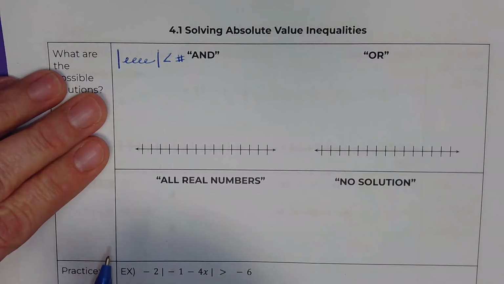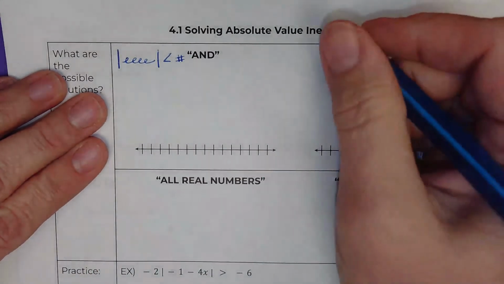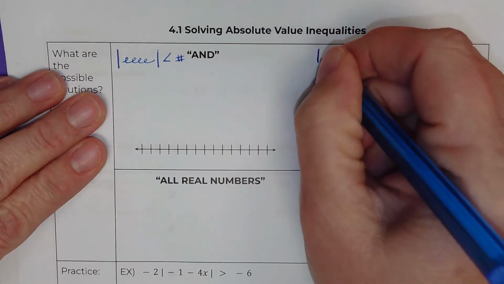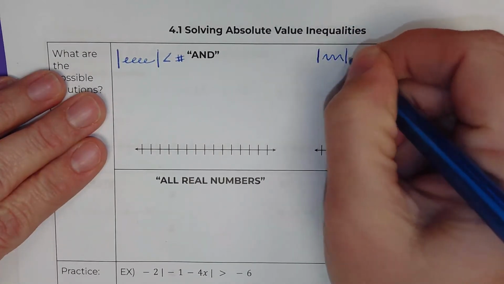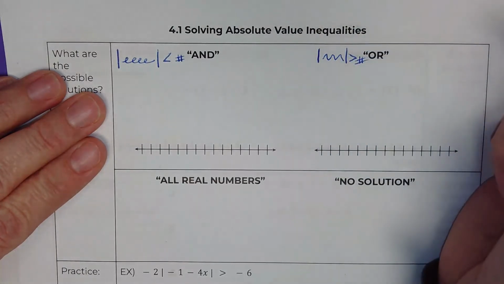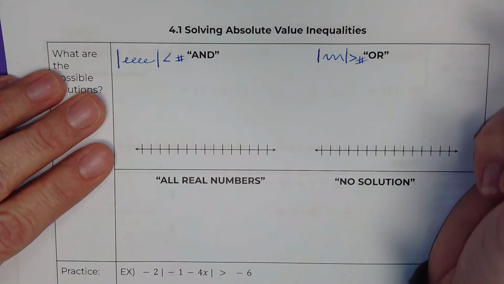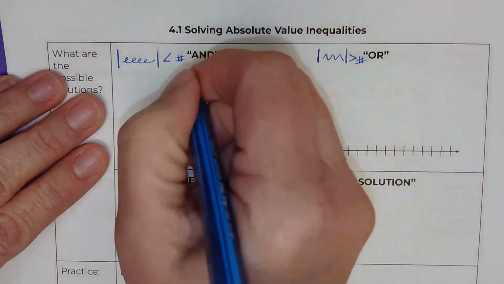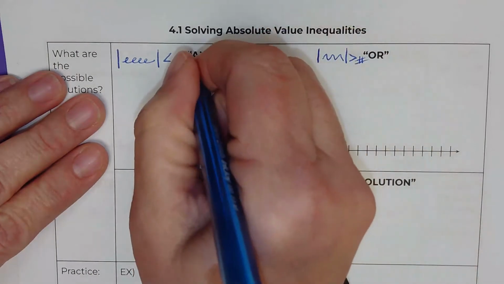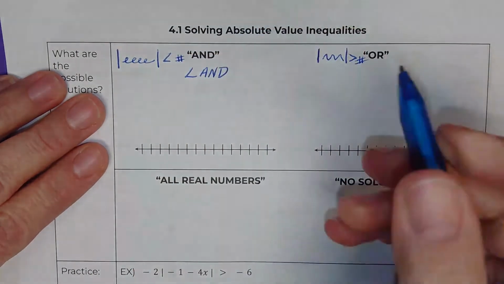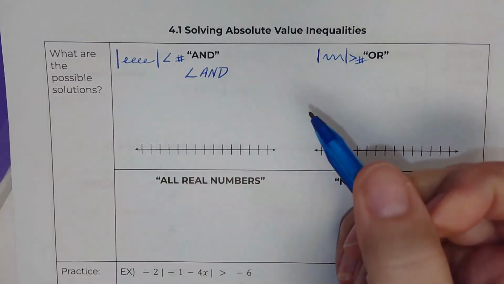You don't decide until it's isolated. If I have an expression and it is greater than a number, then that's an "or" equation. The "and" ones, the less than